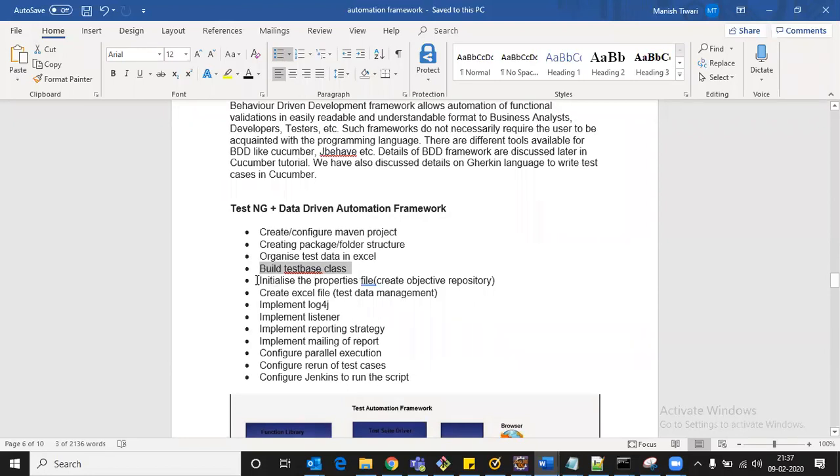In this way we will go one by one through all these, initializing the properties file for the object repository. As we discussed earlier, we keep objects in a centralized place. For that, in this framework we will use the object repository. And then moving ahead, to read the Excel file and data, we will create Excel file and test data